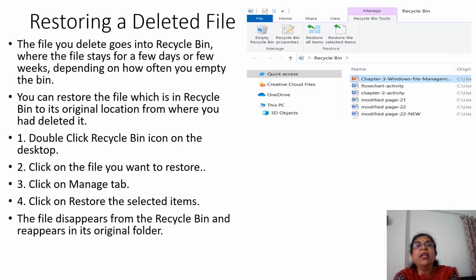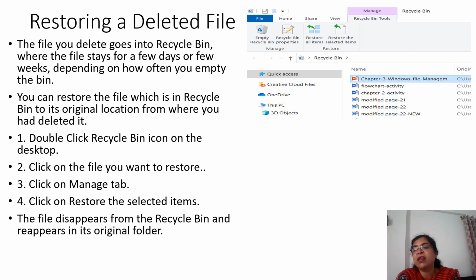After deleting the file, where does it go? It goes to the recycle bin, that we have seen. But we can restore the file from the recycle bin. Now how to do that? The file you deleted goes into the recycle bin, where the file stays for a few days or few weeks, depending on how often you empty your bin.